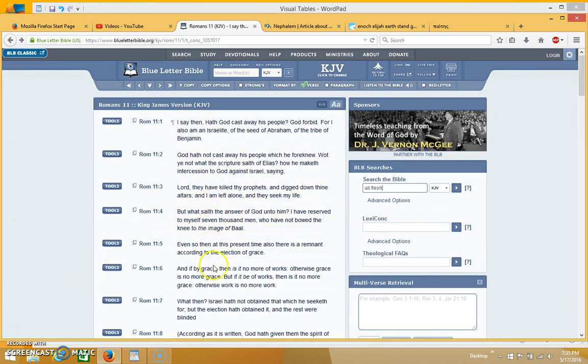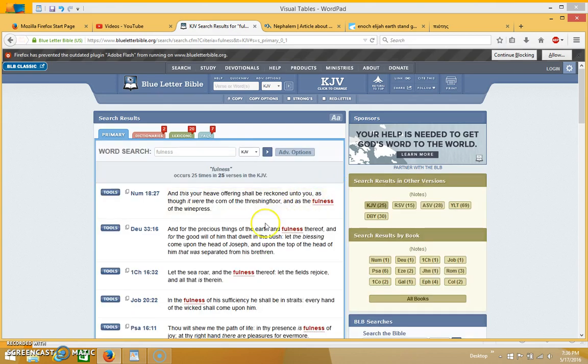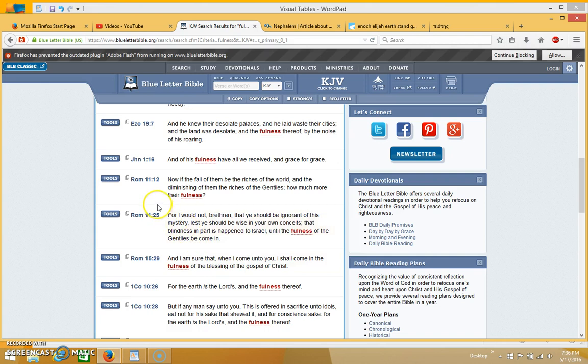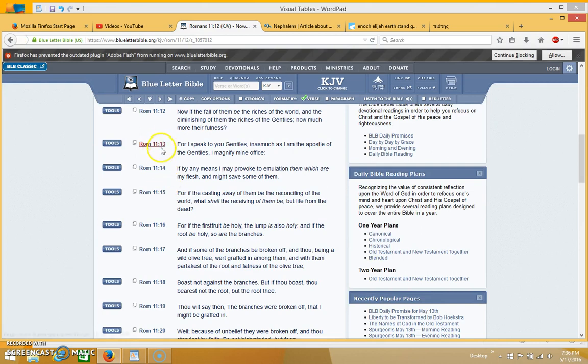And I believe that both of these events take place at the same time, because when you look at the word fullness, I know that a lot of people like to talk about the fullness of the Gentiles, that Israel is blinded until the fullness of the Gentiles comes in. People often quote that, but the book of Romans also talks about another fullness that must take place, and that's the fullness of the Jews.